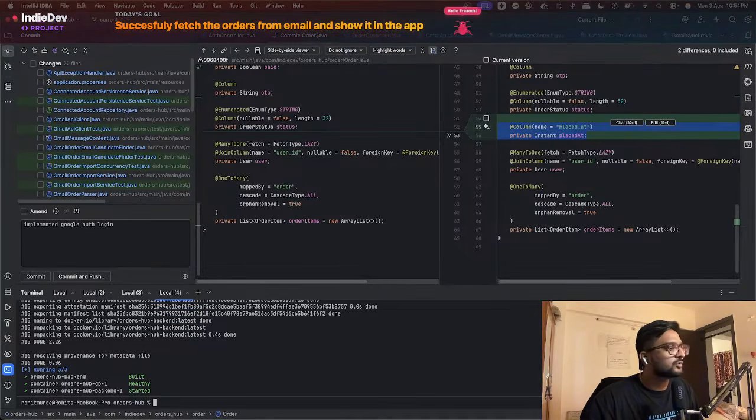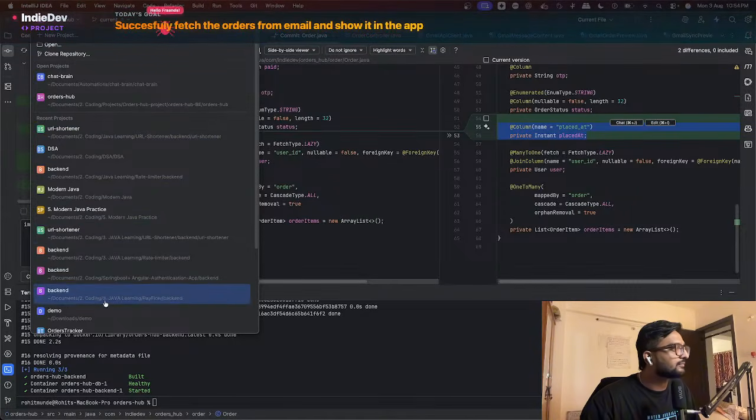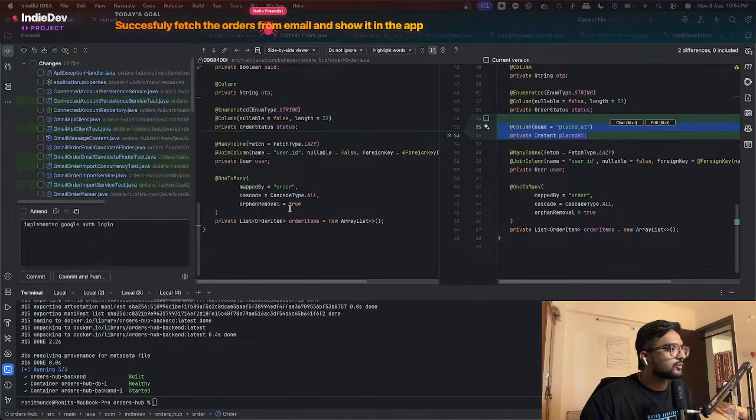No bro, you have to write migration. I can show you one of the projects. हमने एक stream पे लिखा था migration. Maybe URL shortener या कौन से project में लिखा था. I wrote the migration, Flyway migration I used, and